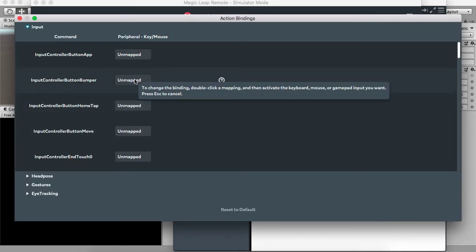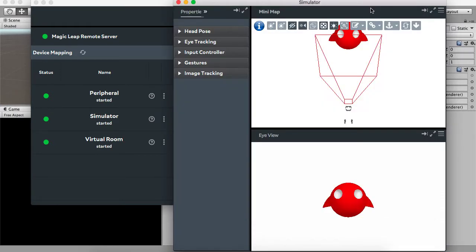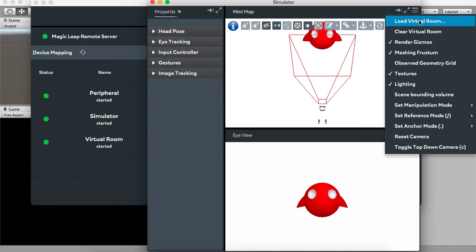It's unmapped. I just restarted the simulator and it's back to unmapped. Just double click on it when we have this circle. So just press C for cat. Okay, and this white screen is a bit static, so let's load up the virtual room that we created